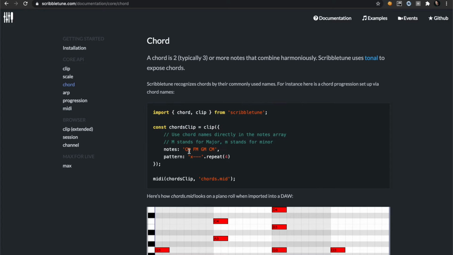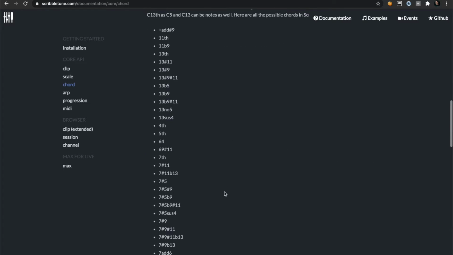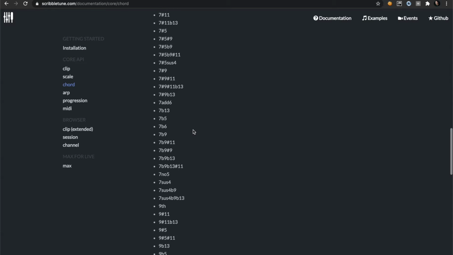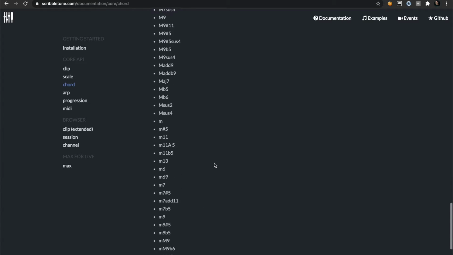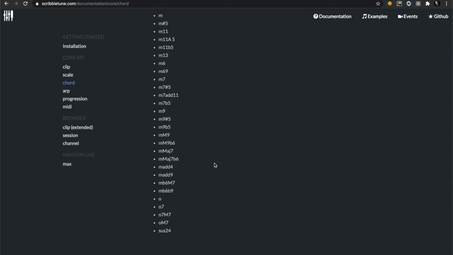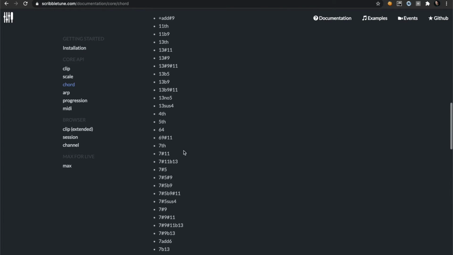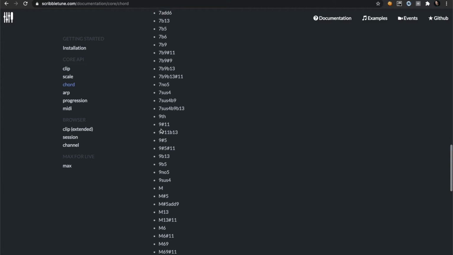And if we take a look at the ScribbleTune documentation we have the list of all the available chords, and look at the way these chords look like. And some of these chords we may not be able to support, like these 64 and whatnot, but the aim of this video is to support as many chords as possible. So what we can do is avoid supporting chords which just have numbers in them, like this 64.